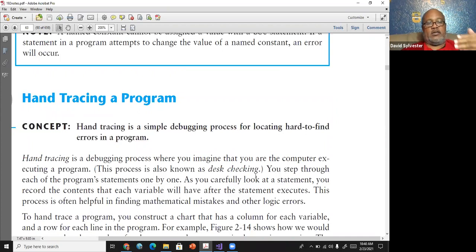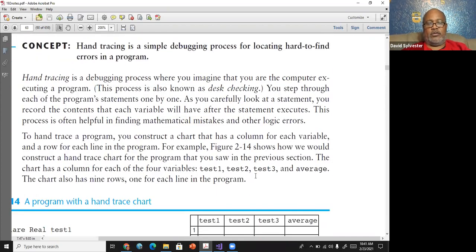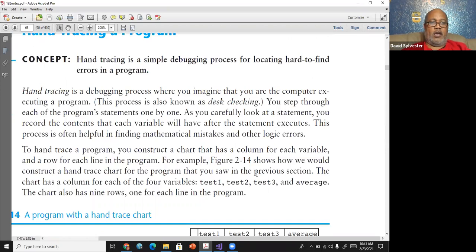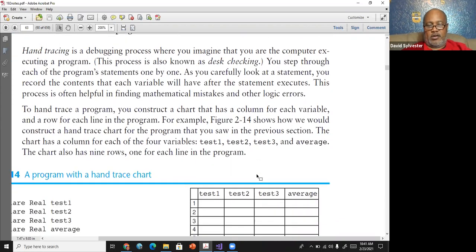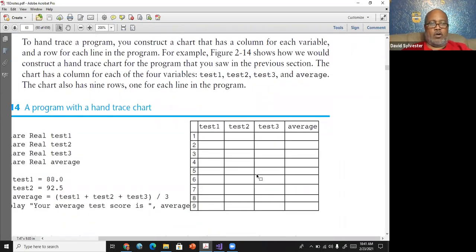All right. This is a debugging technique that would be helpful in trying to find out exactly what is going on in your program, where it's happening, and even keeping tallies of values as they change in the program. And it's called hand tracing, right? And all you're doing is going through the program, and as you hit an assignment statement, declaration or initialization, you actually write down what each variable is equal to at that time. And it just allows you to track what's going on in the program.